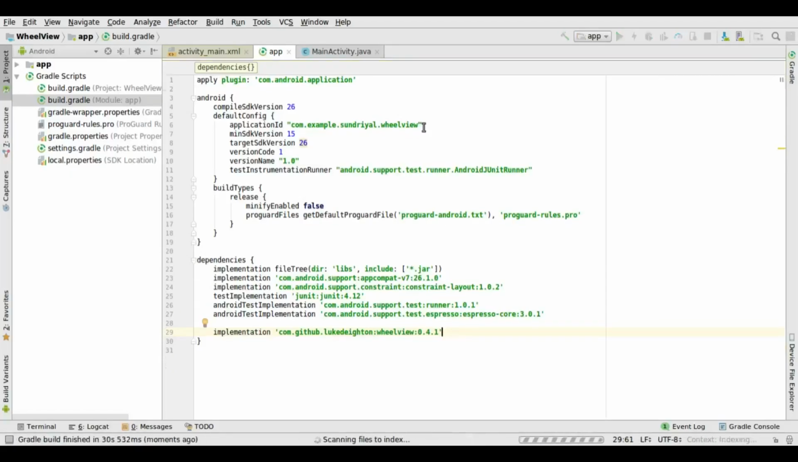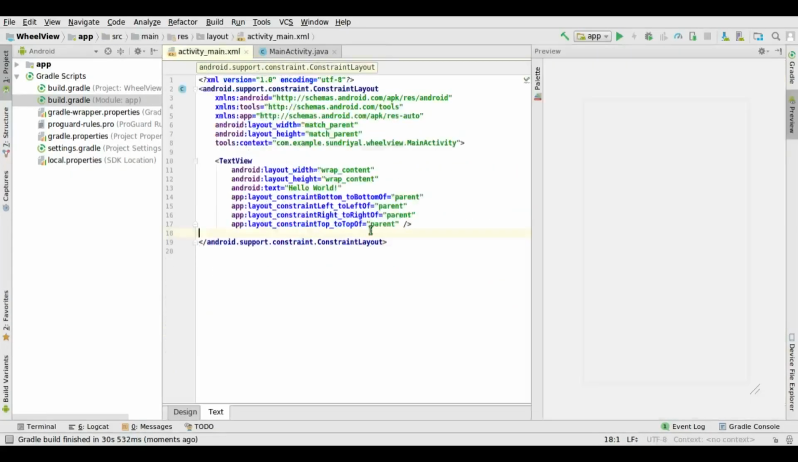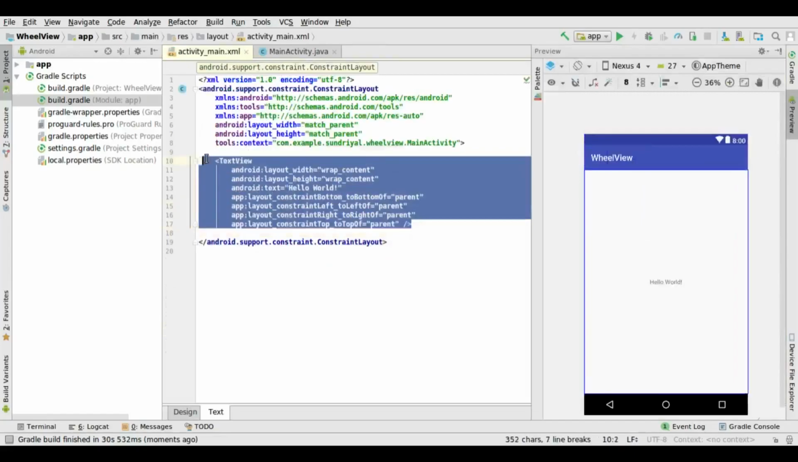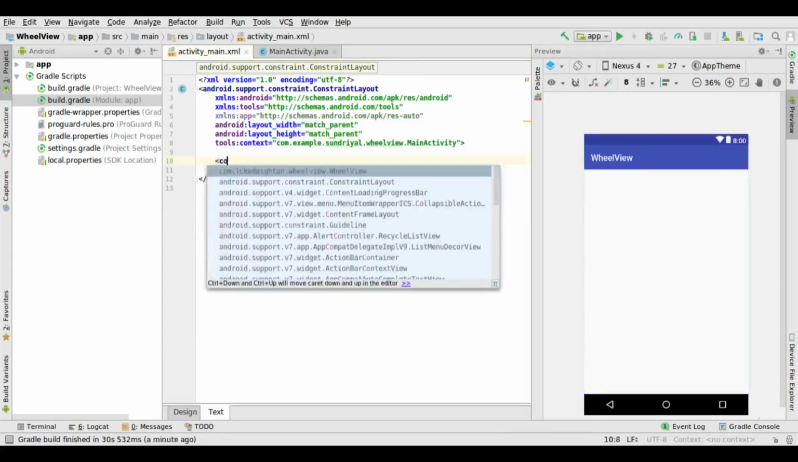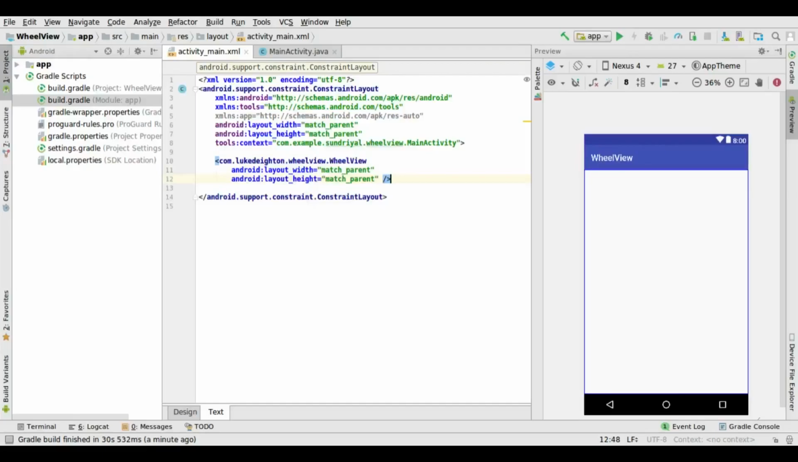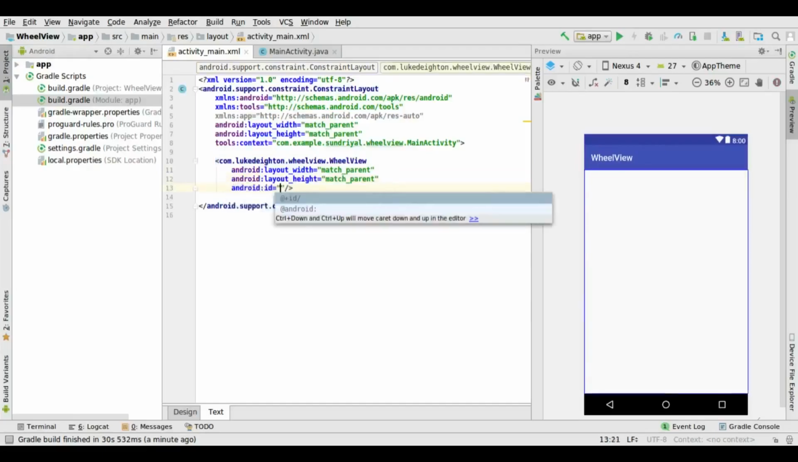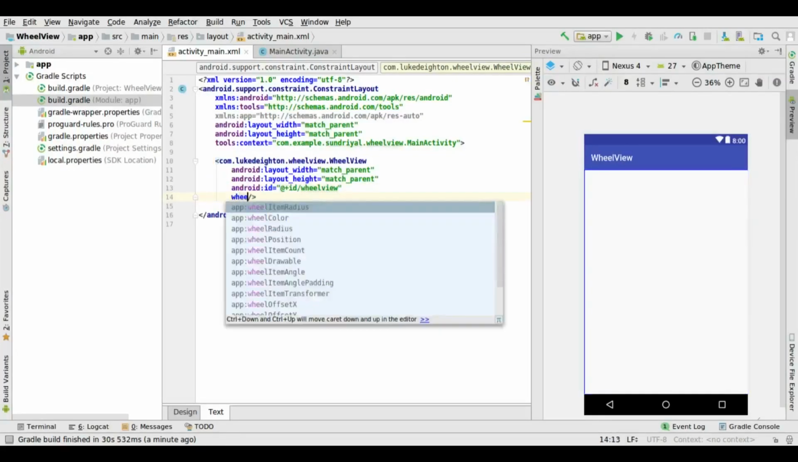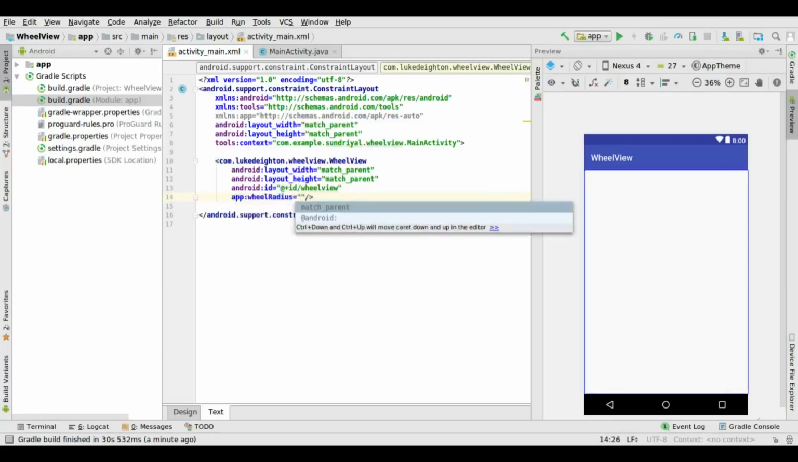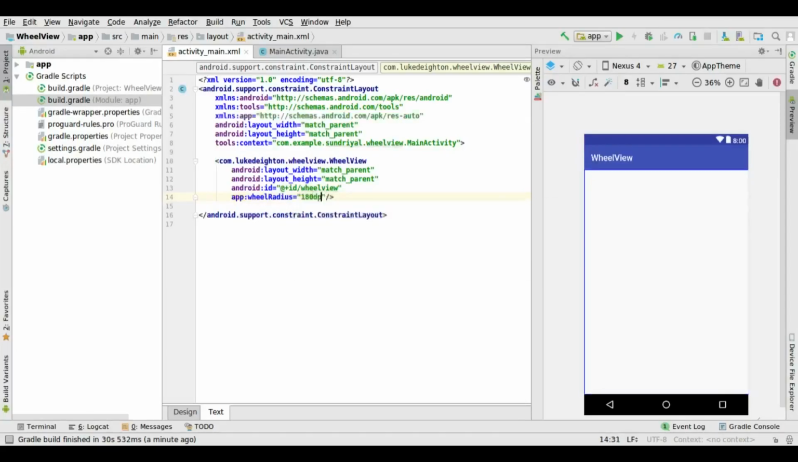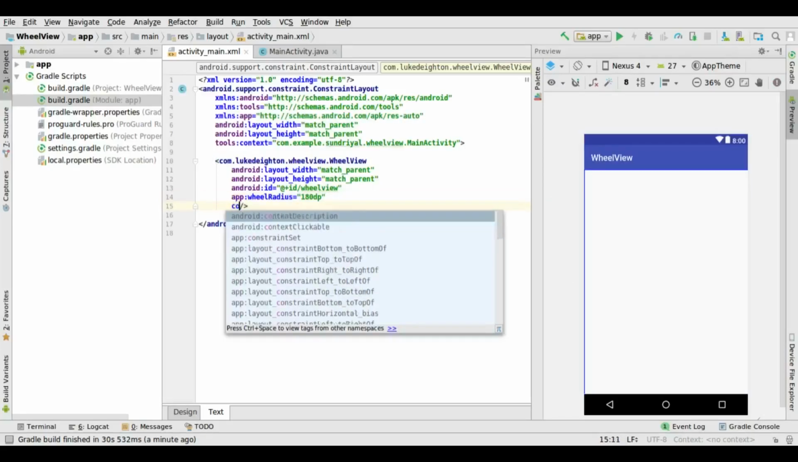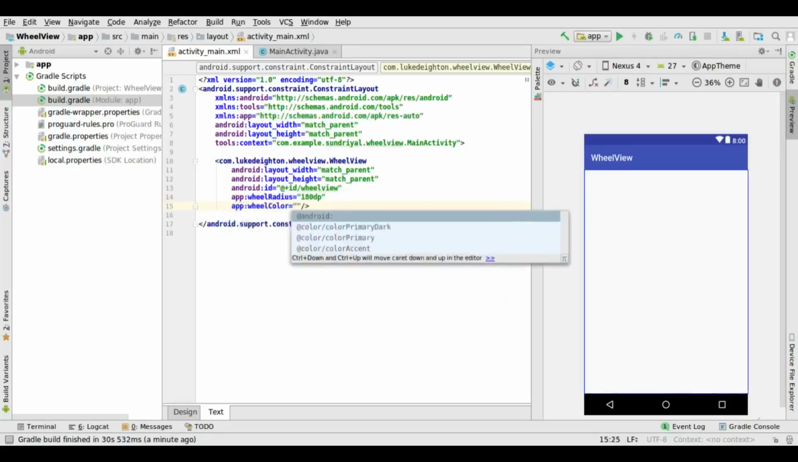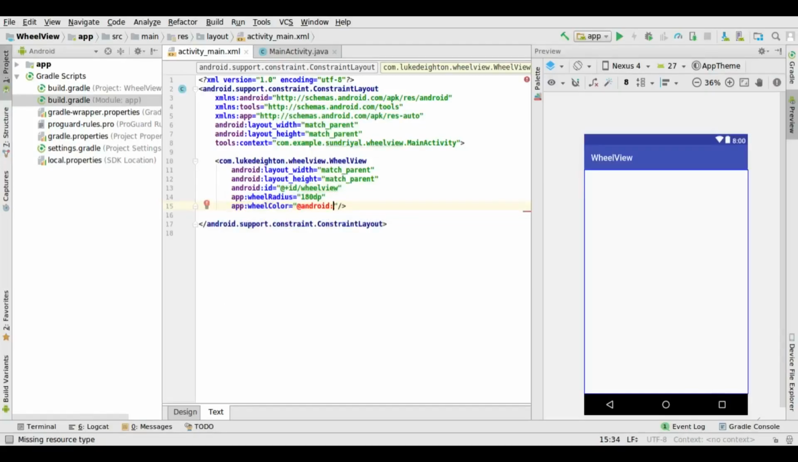Okay, it's done. Now let's jump to our XML code and remove this text view. So we will add the wheel view with the height and width, and let's just give it an ID, wheelView, and then we'll add the radius of the wheel, that will be the background. Let's just make it 180dp, and then wheel color, which will be the color of the background. Let's make it dark gray,